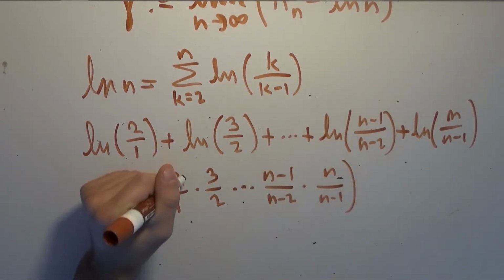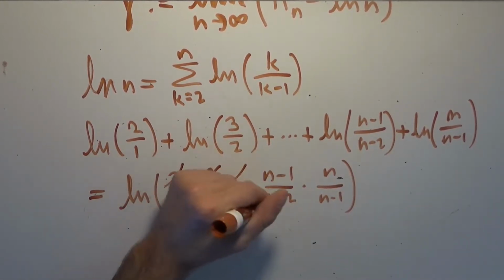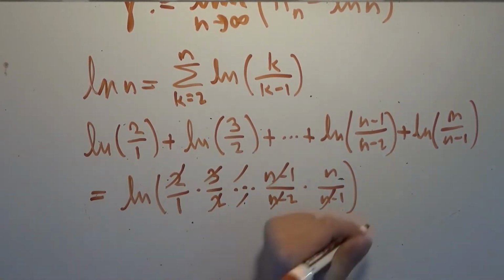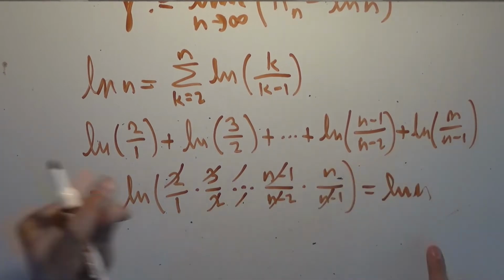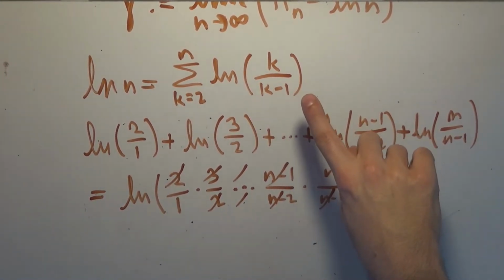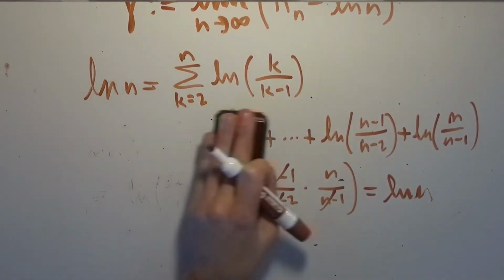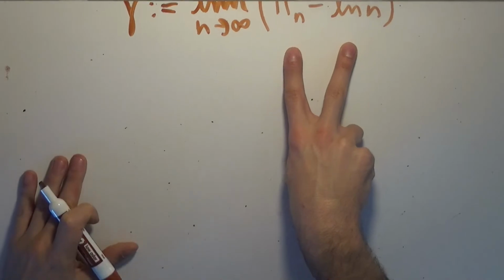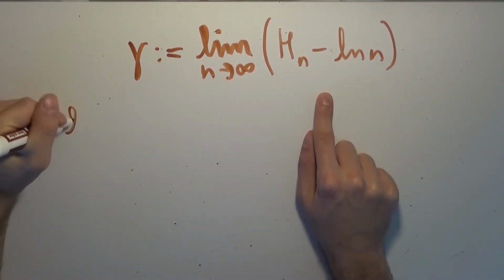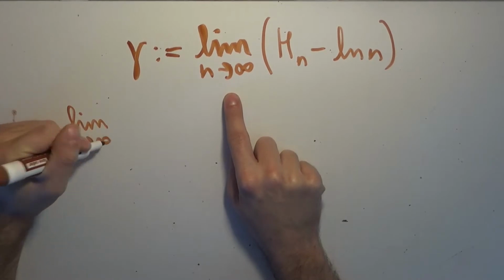And as you can see, all of these numerators and denominators will cancel, and we'll be left with only n over 1, which is n. And so we get the natural logarithm of n, exactly what we started with, right? So this sum version of the natural logarithm is totally valid. It completely makes sense. So because I've now justified that, I'm going to write both of these in sum form, right? This is going to be equal to the limit as n approaches infinity of